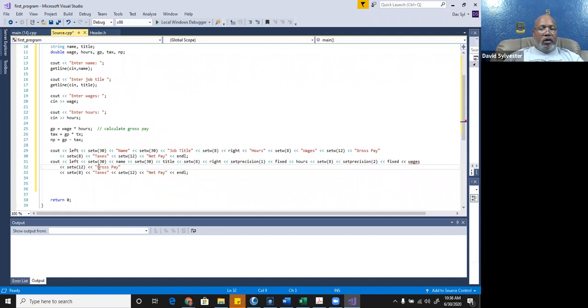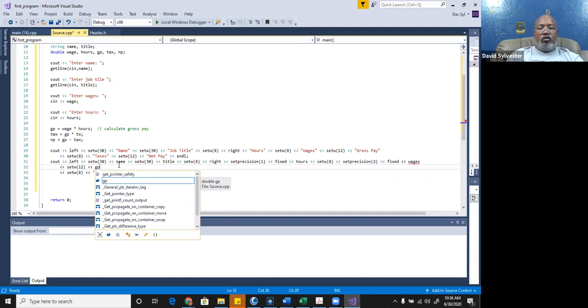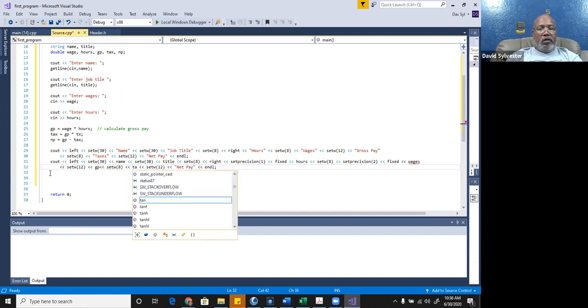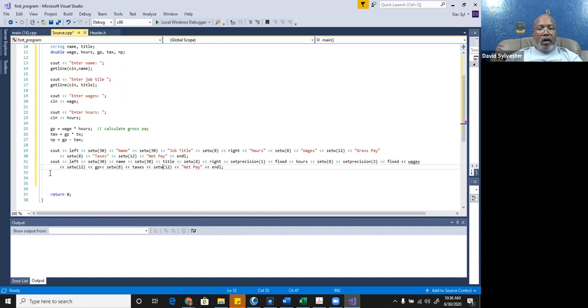All right. So then here we got for gross pay, it's supposed to be 2, right? So it's set at 2, but then I'll change this to GP. So I don't need to do a set precision again because what? It's automatically set, right? To 2. All right. And then what? Taxes, same thing. So here, right? And then for the net pay,